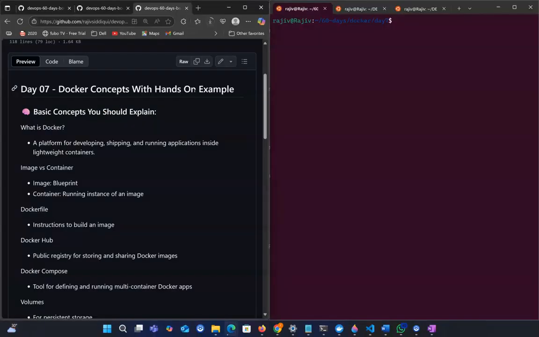What is Docker? I put a definition here: a platform for developing, shipping and running applications inside a lightweight container. So we create an application, and that will create an image. From that image we make a container, so we can easily move that container from one platform to another platform. Let me give an example of why Docker came. Before Docker came, when developing any application, if the developer's OS is Linux, that developer builds that application in Linux. So when this developer